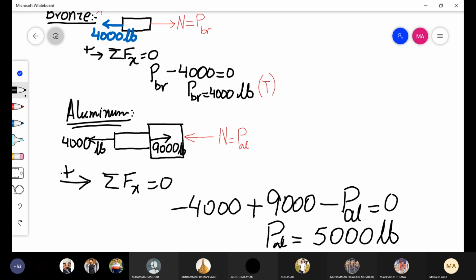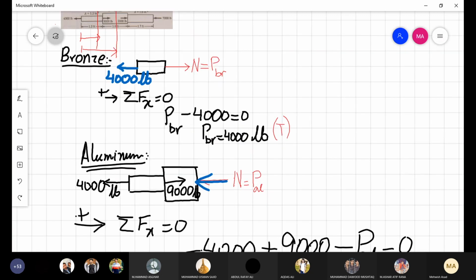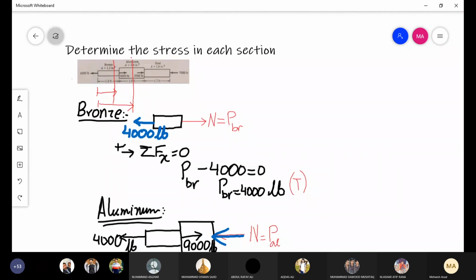Right now we are getting a positive answer, meaning the direction we assumed is correct. And what did we assume? That force is acting into the body, trying to push the body. Okay, this push effect is what you see in the body. So push is referred to as compression. So we will write here C. So we are done with the two